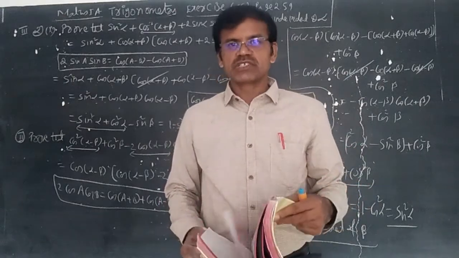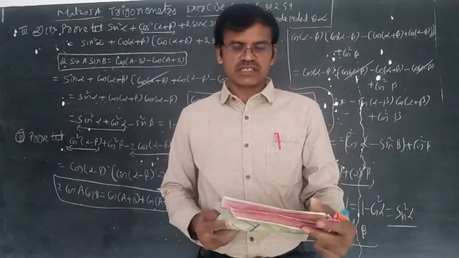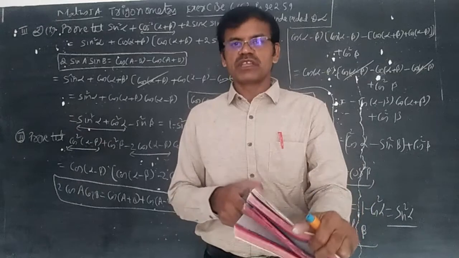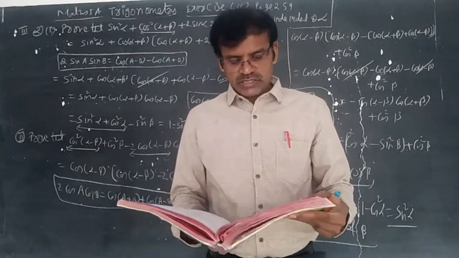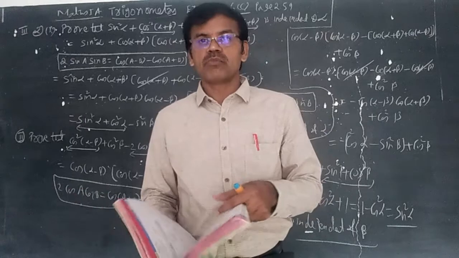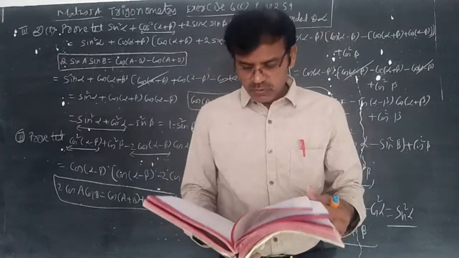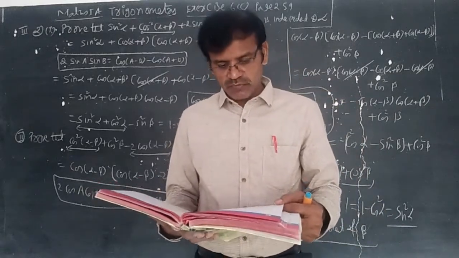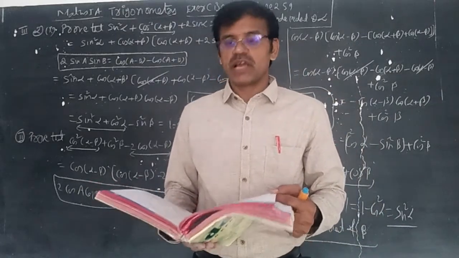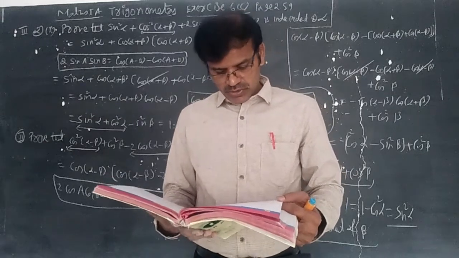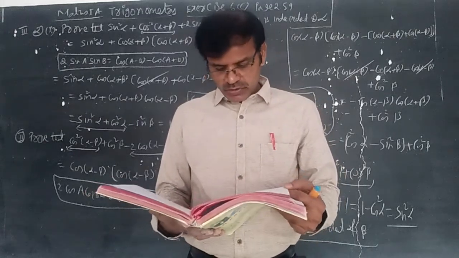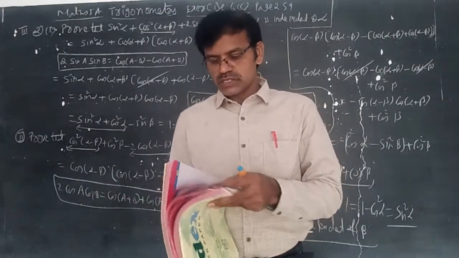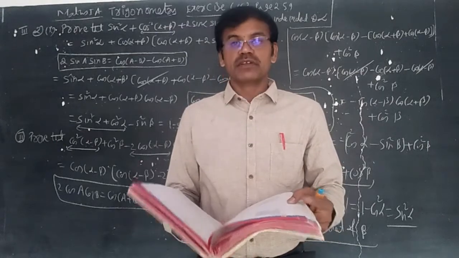Students, each and every example, each and every sum in exercise 6C, 6B, 6A, with theory and concept, everything I said. Now exercise 6C is completed, that is, the compound angles topic is completed. Now we have to face the multiple angles and 3A formula. Multiple and submultiple angles concept I said previously. Regarding the 3A formula, I will discuss the proofs and everything with you. Okay students, let us discuss the 3A formula in the next class.